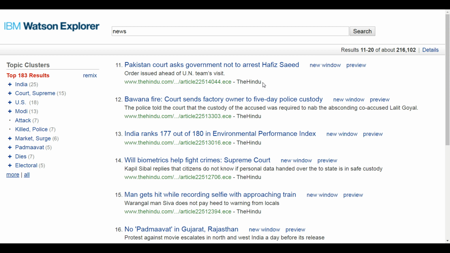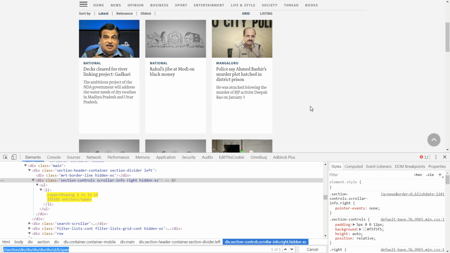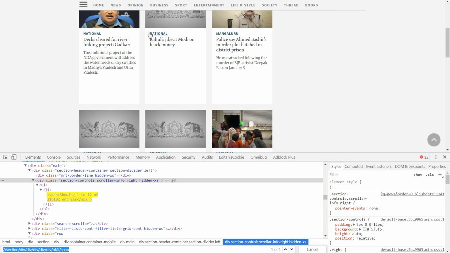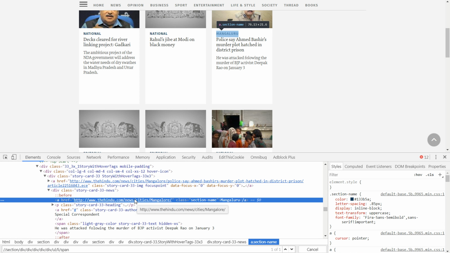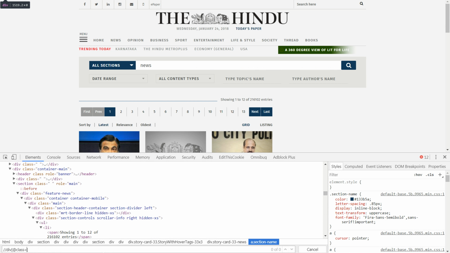I want to change this name, The Hindu, and what I can do more, I want to add some metadata. Let's go back to the site. What can I add? Yes, this is what I can add. I think the news type. Let's get the XPath for this. Yes, the UL,